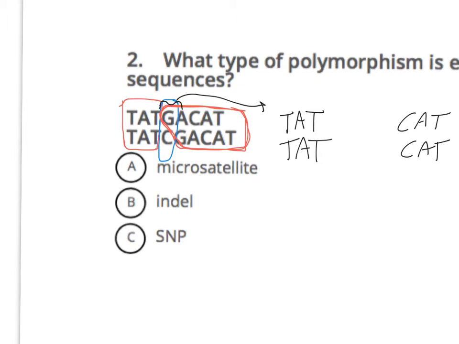So what am I going to draw in here? One chromosome just has one GA. That's one repeat of that dinucleotide. Somebody might have 3 copies of that, GA, GA, GA. So we've got 1 copy of GA on one chromosome, we've got 3 copies on the other. And normally, there are lots and lots of places in our genomes where there are tens or hundreds of repeats of 2 nucleotides in a row. GA, GA, GA, GA, GA, GA, GA, GA,